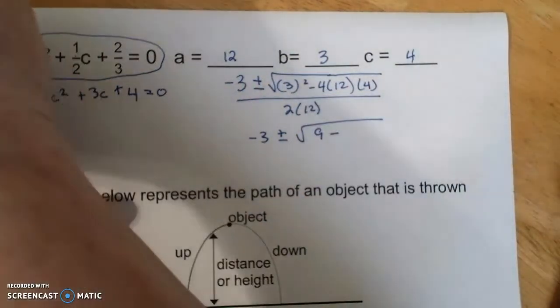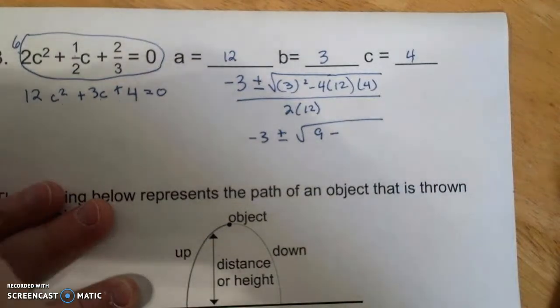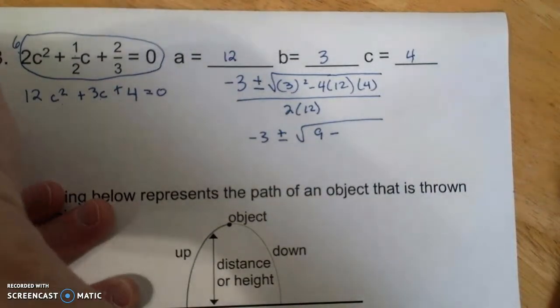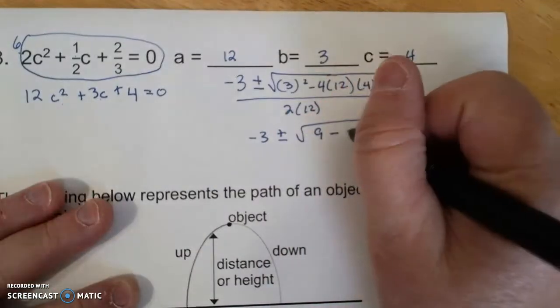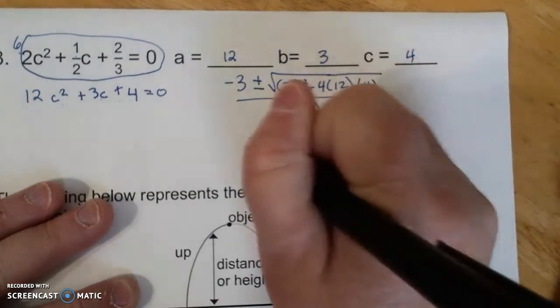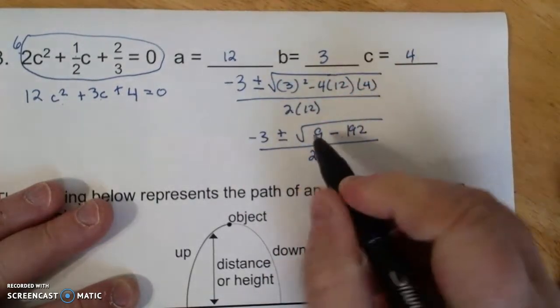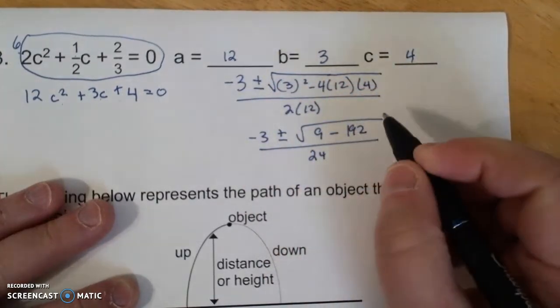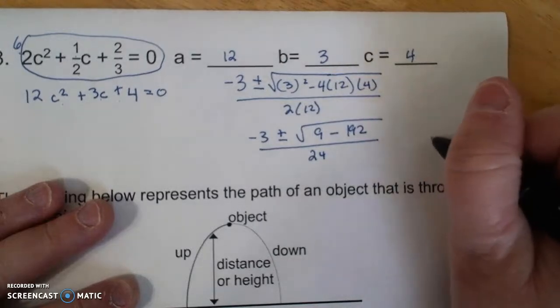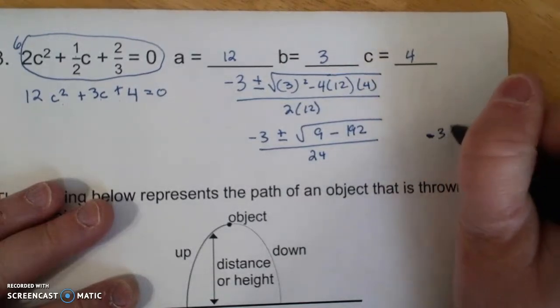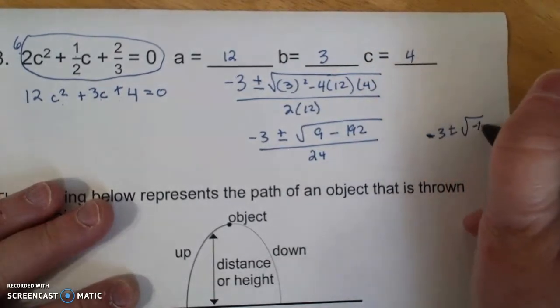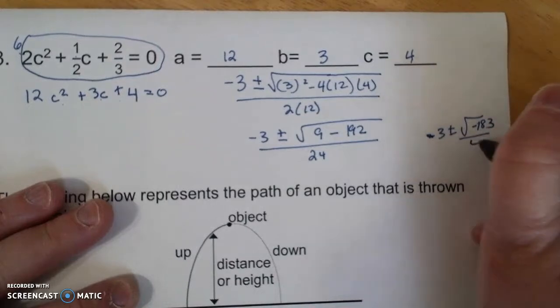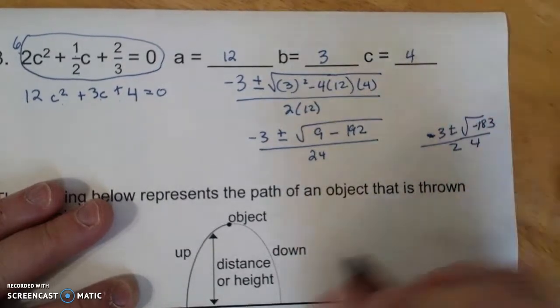And then I still have to multiply it by 4, which is 192 over 24. That is going to be a negative square root. It actually becomes negative 3 plus or minus the square root of negative 183 over 24, and that